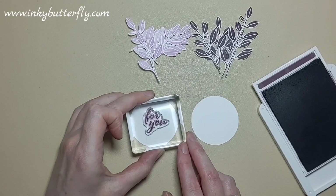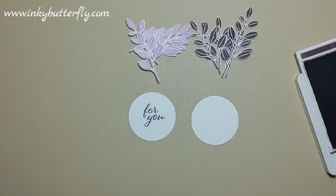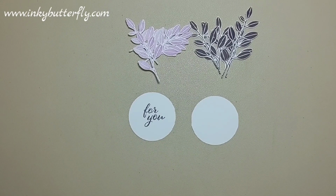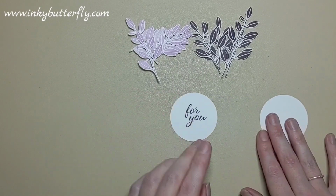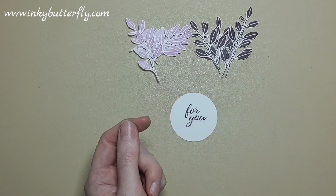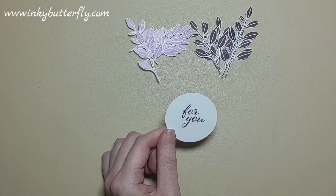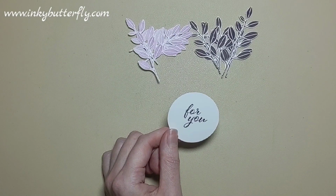Okay, and because we're stamping on a circle, you've got a bit of play on the positioning of that, because obviously you can twizzle the circle around to make sure it lines up where we want it to. And this circle is going to reinforce the back for us when we get to it. All right, so there we are with our circle, with our sentiment in it, and then we've got to build